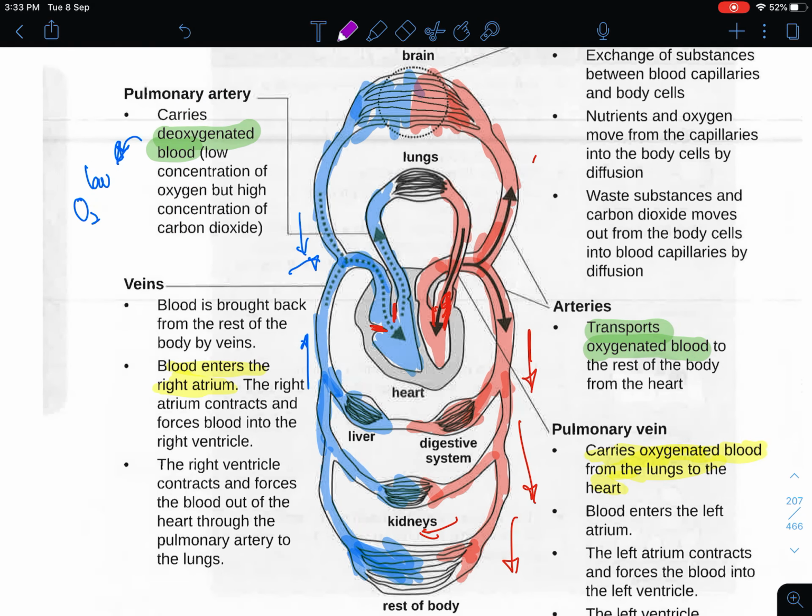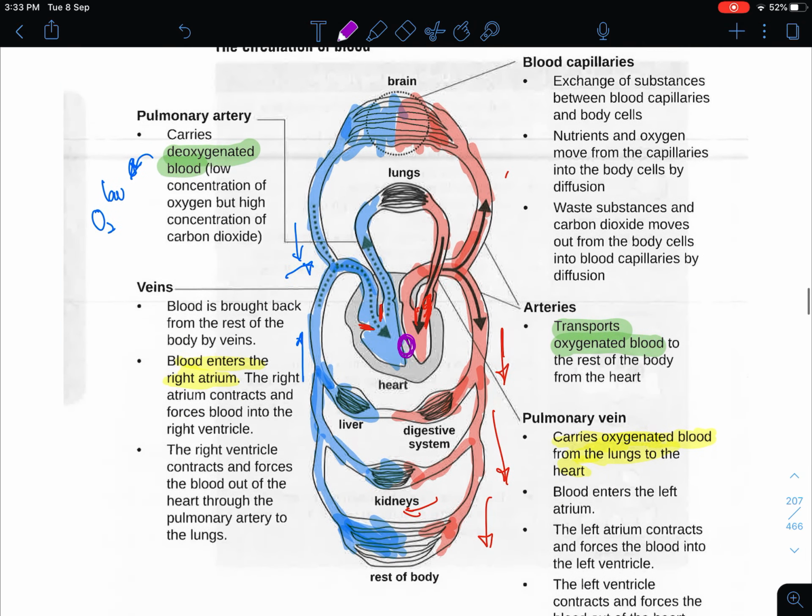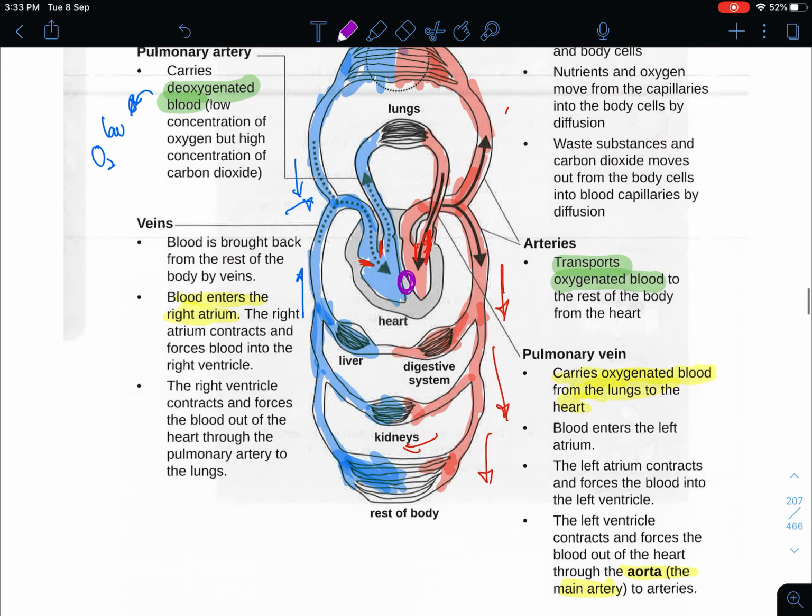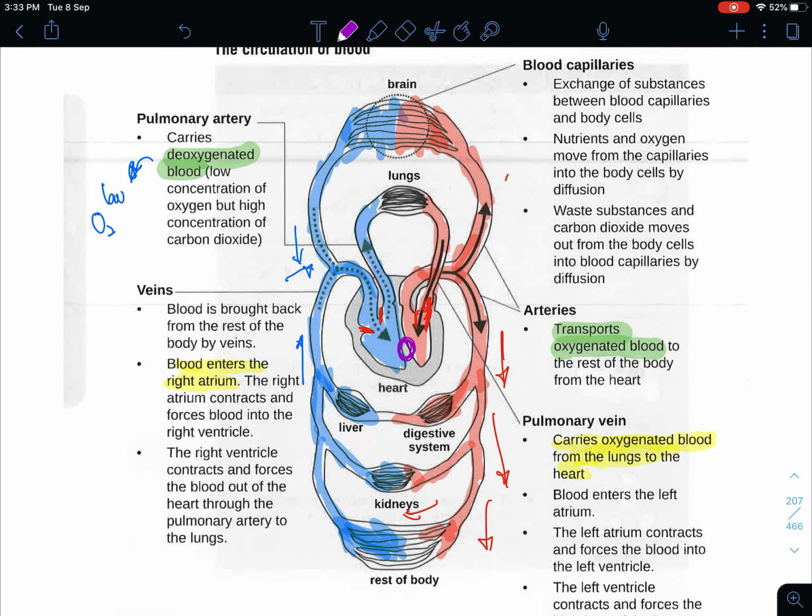Now in the event that there is a hole in the middle of the heart, this will allow the oxygenated and deoxygenated blood to mix, and this is not a very good thing. What will happen? This wastes the efficiency of gaseous exchange. And what are some symptoms the person will face? You'll be breathless, you'll be tired, and things like this. So this is the portion for blood circulation in the human body, and the next part I will be talking about the